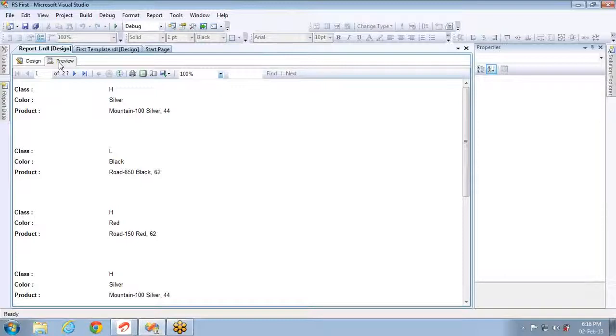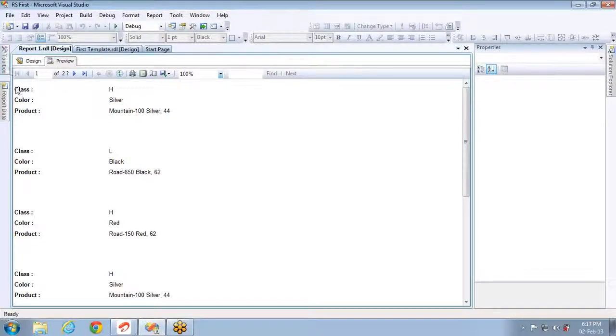An example for this is while sending couriers, your postpaid bill, your credit card bill, they can't write each address by hand. If you observe your credit card bill, earlier, not nowadays, nowadays they are following a different way. But earlier, on top of the envelope, they were sticking a sheet in which your address was present. So they can't write every person's address. There will be thousands or hundreds of thousands of customers for a bank holding credit cards from the bank. So in that case, they will generate a free-form style report like this.